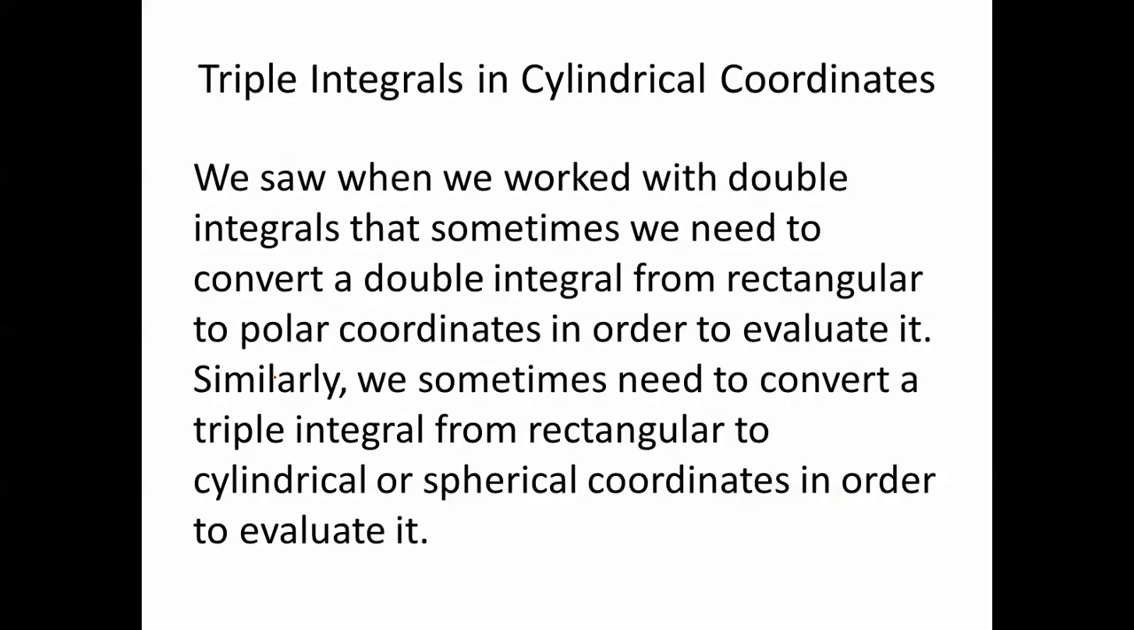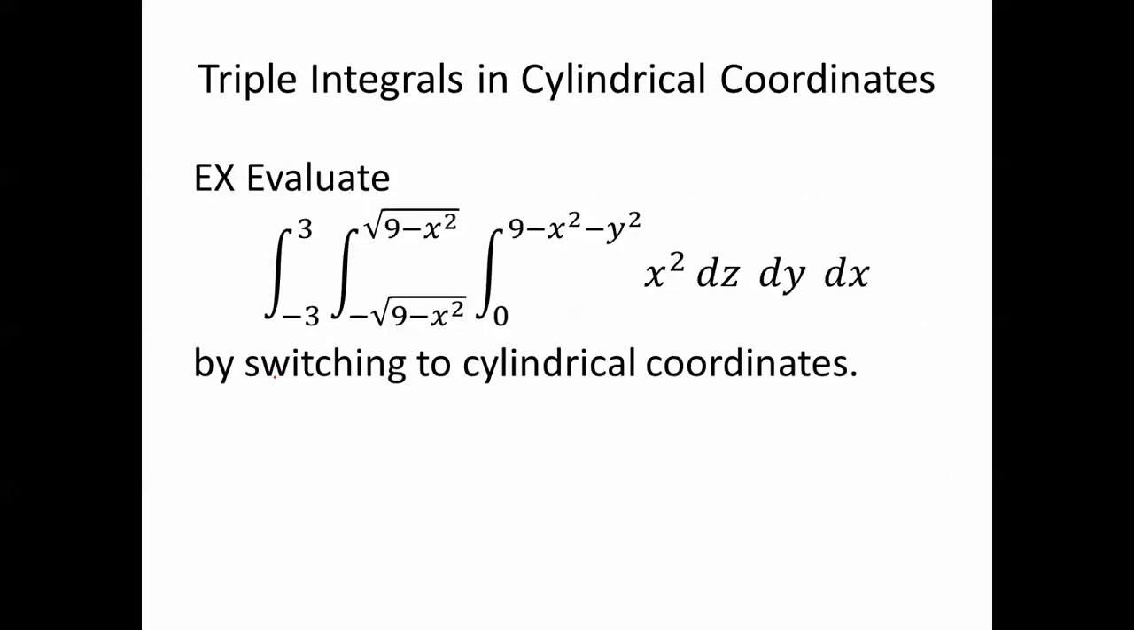We saw that when we worked with double integrals, sometimes we need to convert a double integral from rectangular to polar coordinates in order to evaluate it. Similarly, we sometimes need to convert a triple integral from rectangular to cylindrical or spherical coordinates in order to evaluate it. For example, evaluate this triple integral from -3 to 3, negative square root of 9 minus x squared to square root of 9 minus x squared, 0 to 9 minus x squared minus y squared, x squared dz dy dx